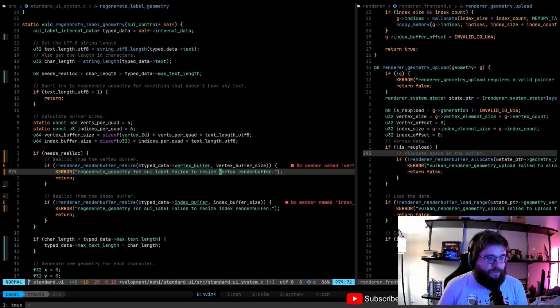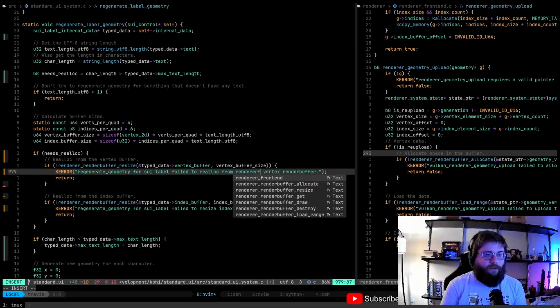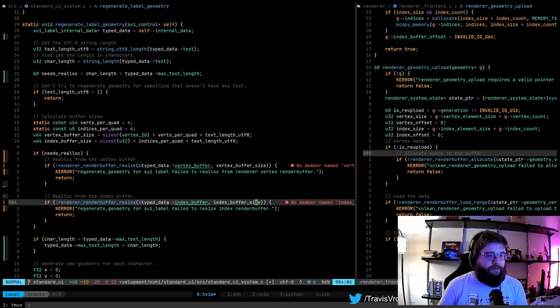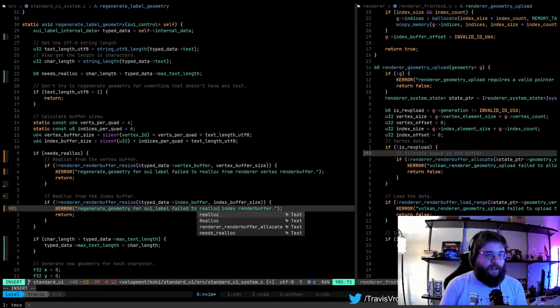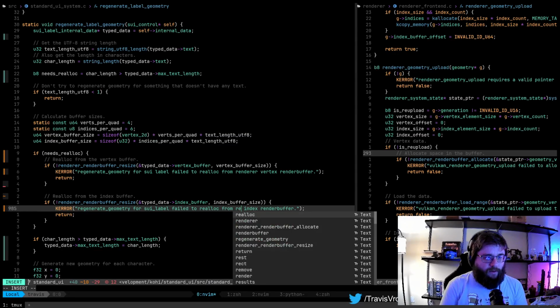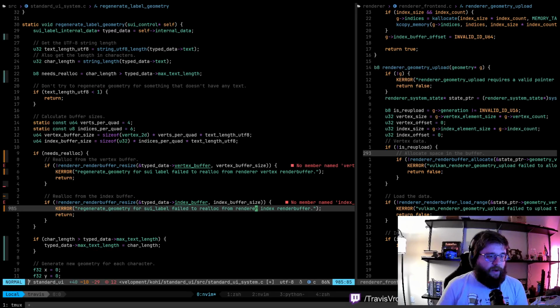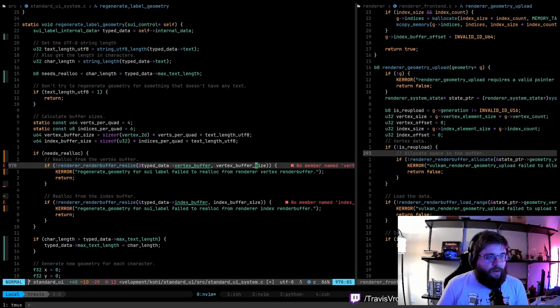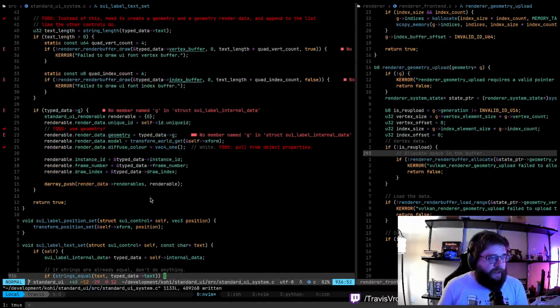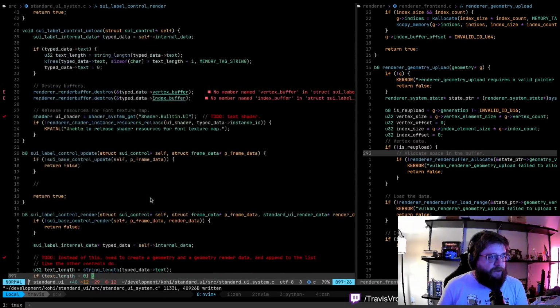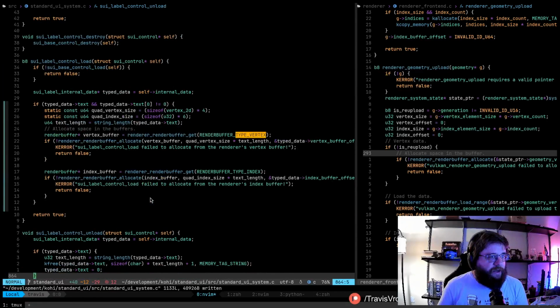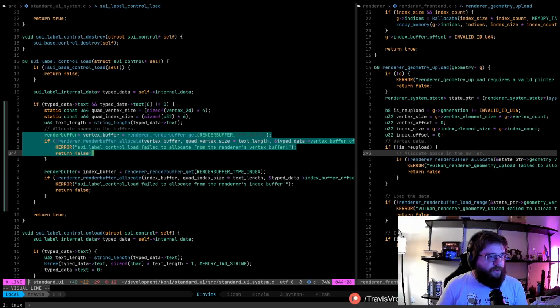Fail to realloc from renderer vertex render buffer. Realloc from renderer index buffer. Okay. So I don't think we have pointers to these. We don't actually store these anywhere. I think I had to get them up here in order to actually upload what we needed to upload, I believe. Yep.